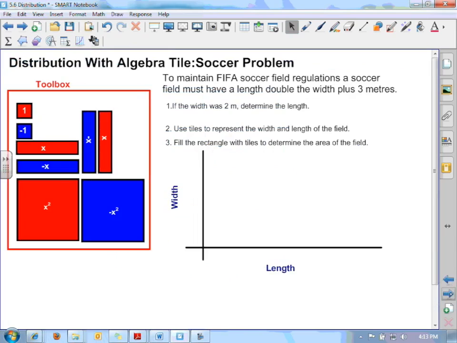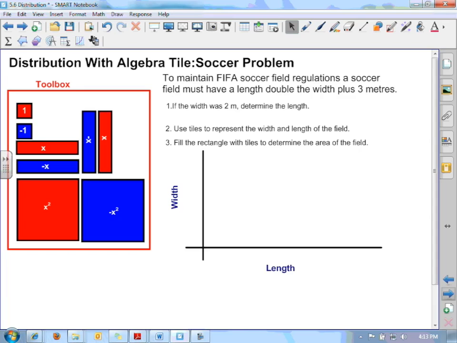So let's start with the first part of our lesson, which is distribution with algebra tiles. Before we start learning the distribution property, we're going to do a problem that involves algebra tiles. So again, I'm going to relate it to something you know. We know area. To maintain FIFA soccer regulations, a soccer field must have a length double the width plus